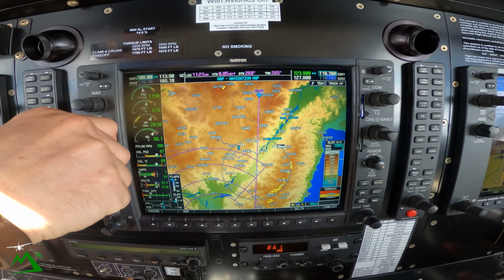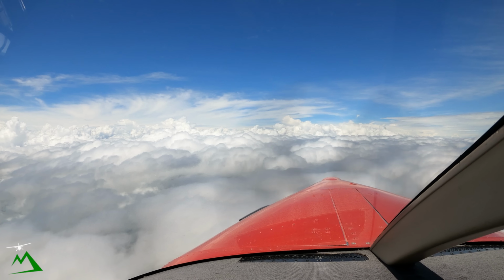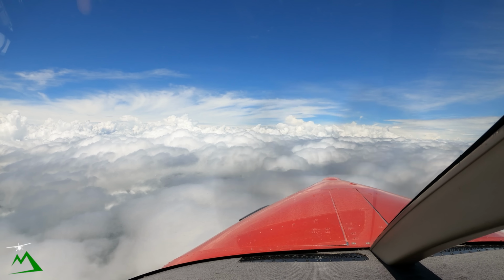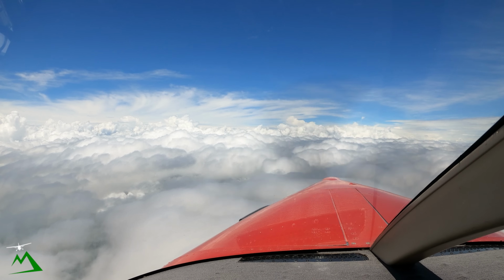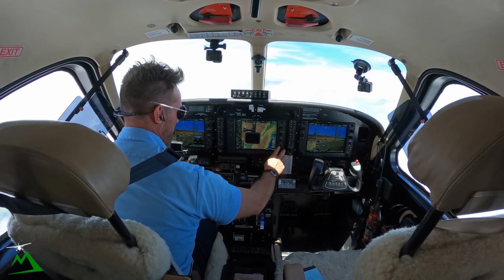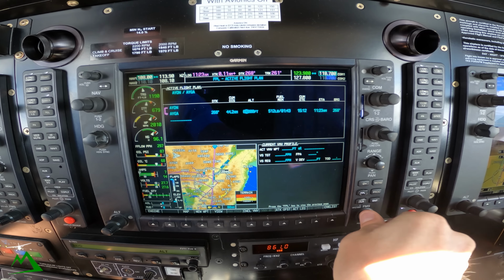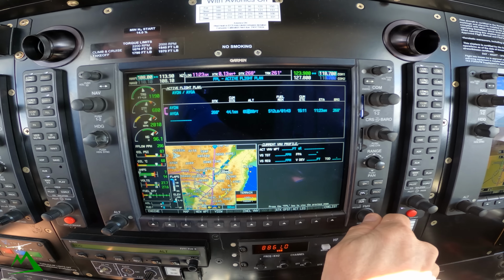All right, now that we're past this, let's just get our heading bug, make a couple little turns, maybe 5 degrees, to just aim for the lowest part of that cloud. We'll just cut around that, because that's where the highest mountain is, and then we'll just kind of work our way down into Goroka. But what we can do now, while we're not doing anything, is put in our altitude for Goroka. So we're just going to do